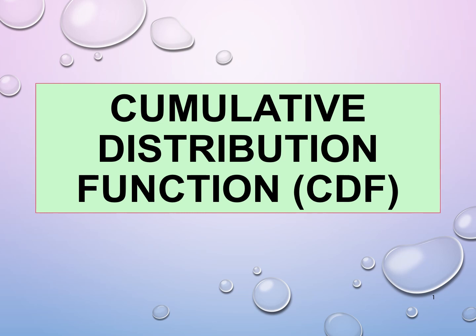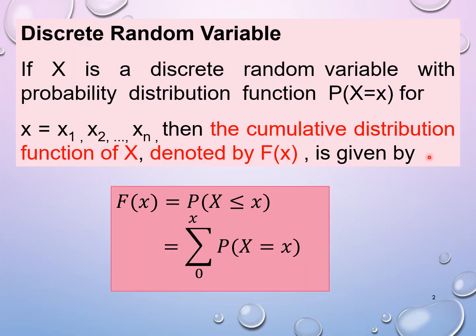Welcome to part 2, which is the cumulative distribution function, or known as CDF. Still in discrete random variable, if X is a discrete random variable with probability distribution function p(x) equal to x for x equal to x1 until xn, then the cumulative distribution function of X, denoted by F(x), capital F, is given by F(x) equal to probability X less than or equal to x,